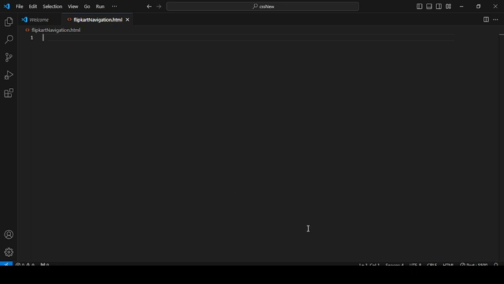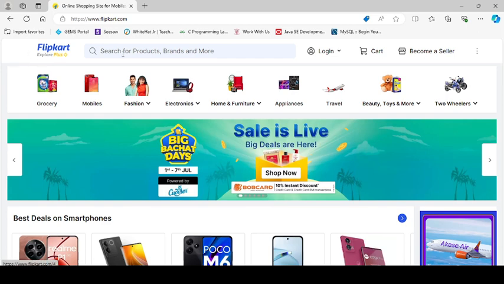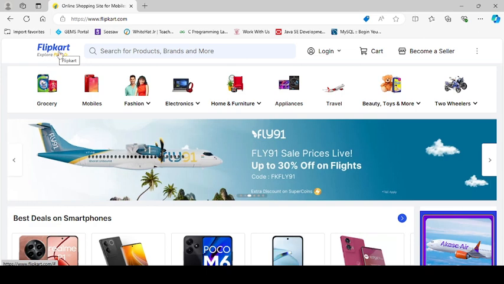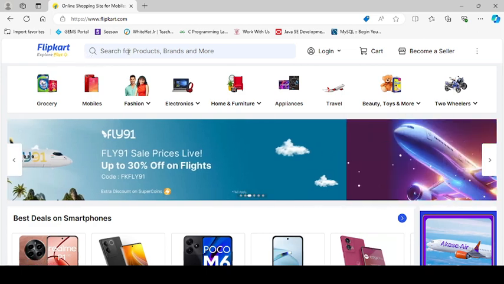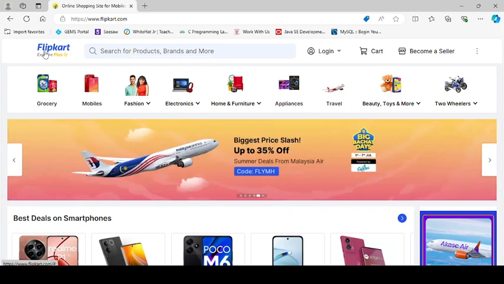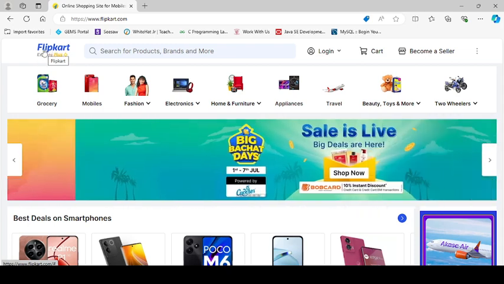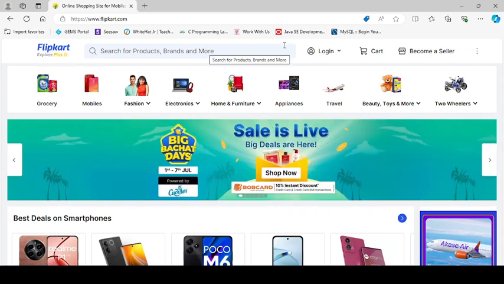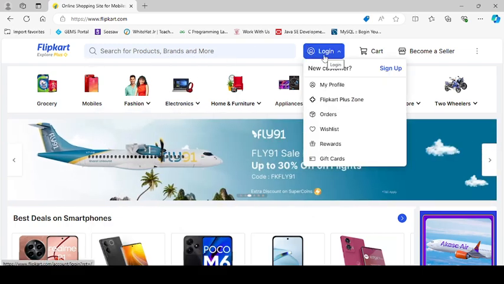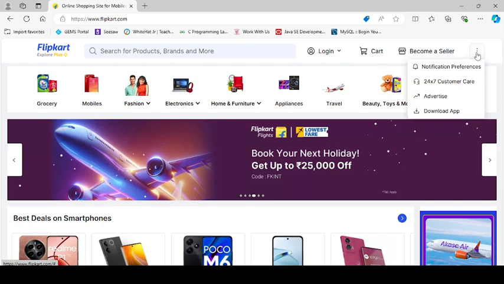Next in CSS, we are going to create a navigation bar of CSS. So this is our navigation bar of CSS. We'll be putting all these elements, that means this logo, this image, this text box, in a single div, and that div will be holding children divs. The first child div will be holding this image, the second child div will be holding this text box and this image, the third child div will be holding this button, the fourth will be holding this, and the fifth and the sixth will be holding